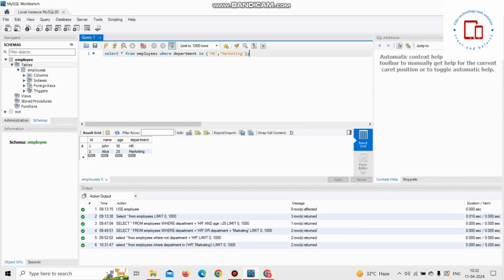It is especially useful when you need to filter rows based on column values matching any of a specific set of values. Additionally, it can improve query performance in some cases, as MySQL can optimize the query execution when using the IN